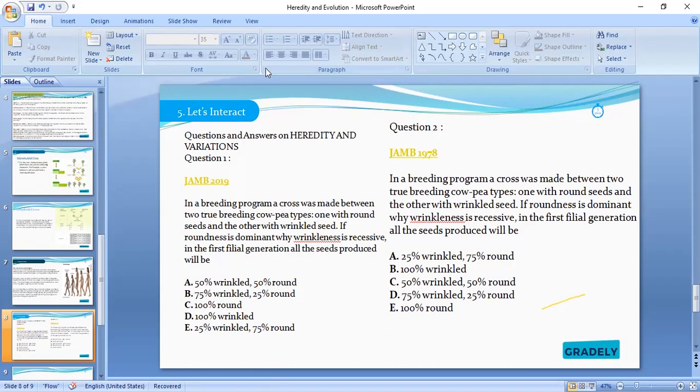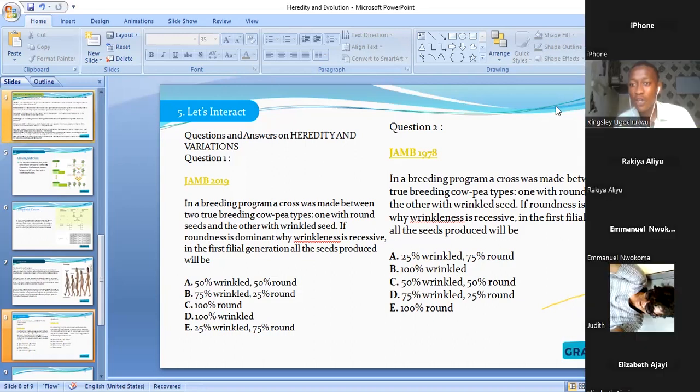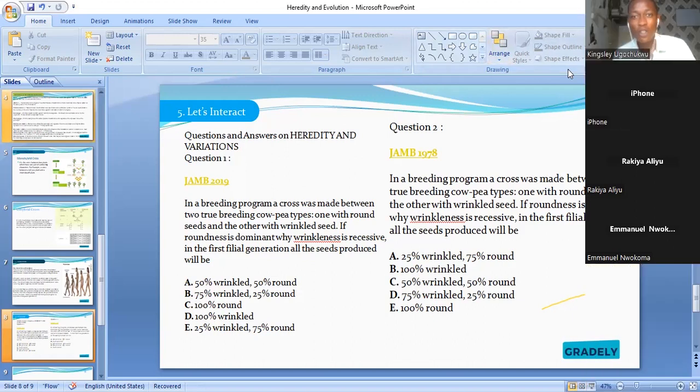Now, in this second question, I want you to solve it. I'll be waiting for you. Whenever you are done, I will continue. That's the last thing we'll do in this class. I want to hear from you. So solve the second question. If you don't understand it, you also write in the chat box. Please, if you're following, just write something in the chat box, as well as solve the questions needed.